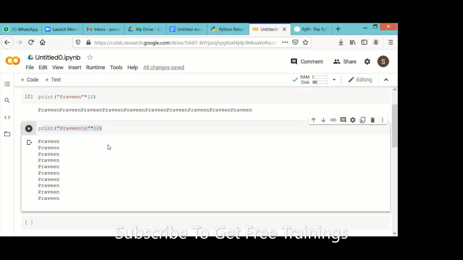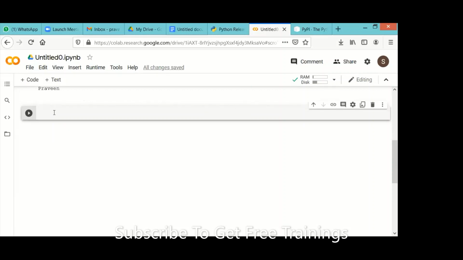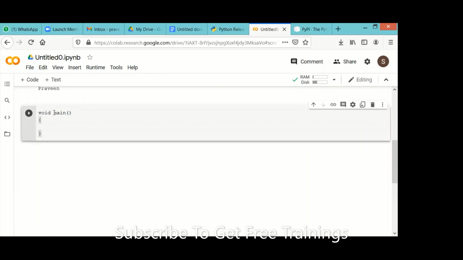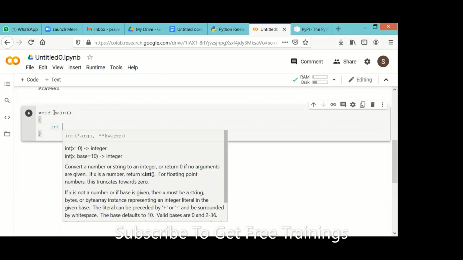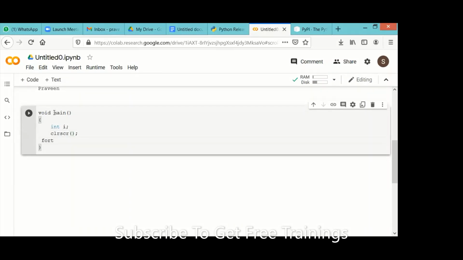For example, a fifth class student. If I give that student a big logic like this: void main, open the main function. Inside the main function, declare a variable. After declaring a variable, clear the screen, clrscr. After clearing the screen, write one for loop, for i equals 0, i less than or equal to 10, i plus plus.